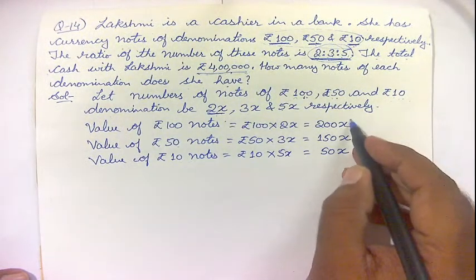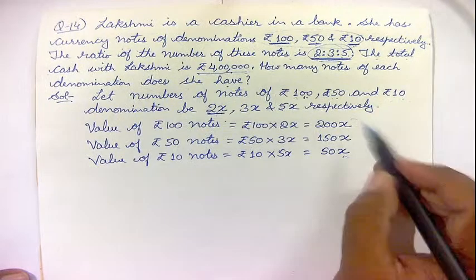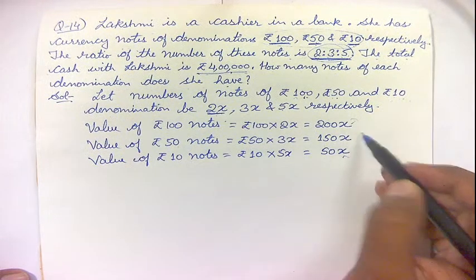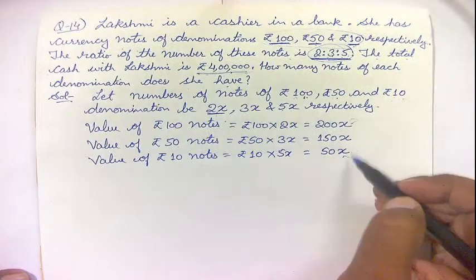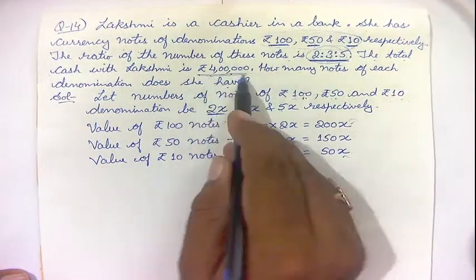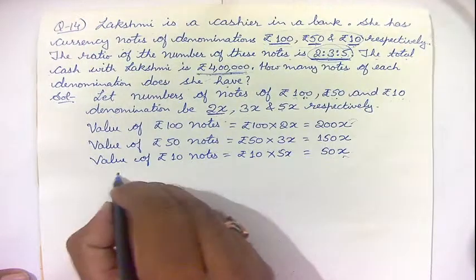And the total sum of all these values, the amount which is made, 200x, 150x, 50x, this sum of all these is equal to what? 4 lakh. Therefore